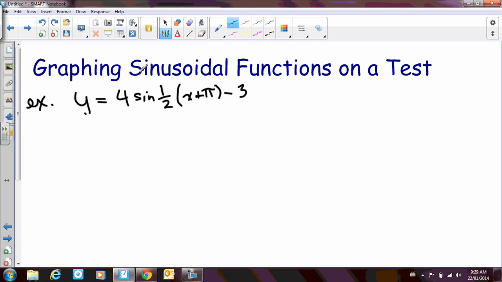Okay, so look at a second example here. This one's going to be a little different only in the actual graphing, and we'll see why momentarily. So again, I'm looking at this question, and what I want to make sure that my marker knows is that I understand what each of these values does. So I recognize my amplitude is 4. I recognize that I have half of a cycle